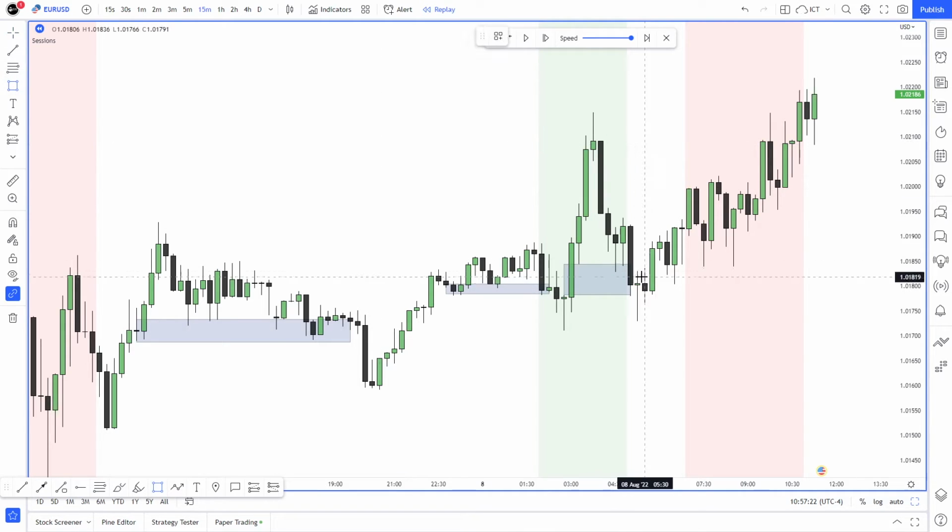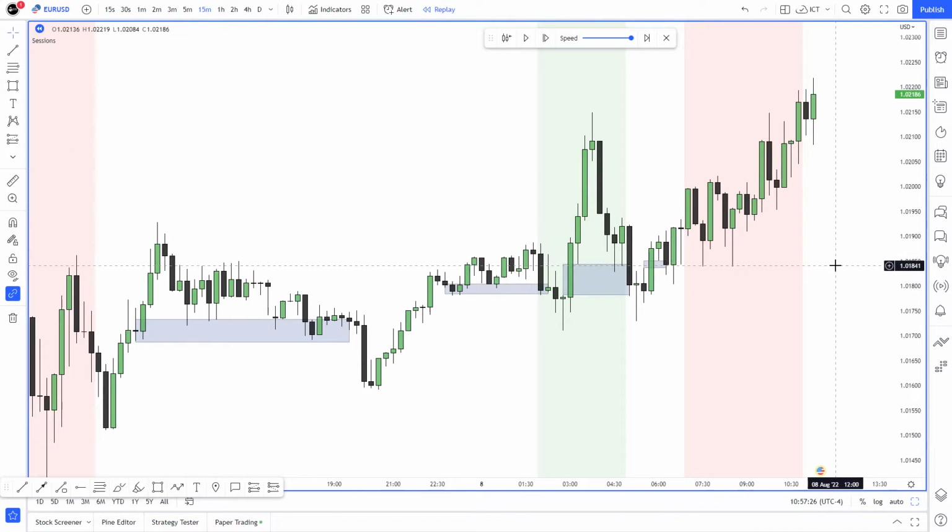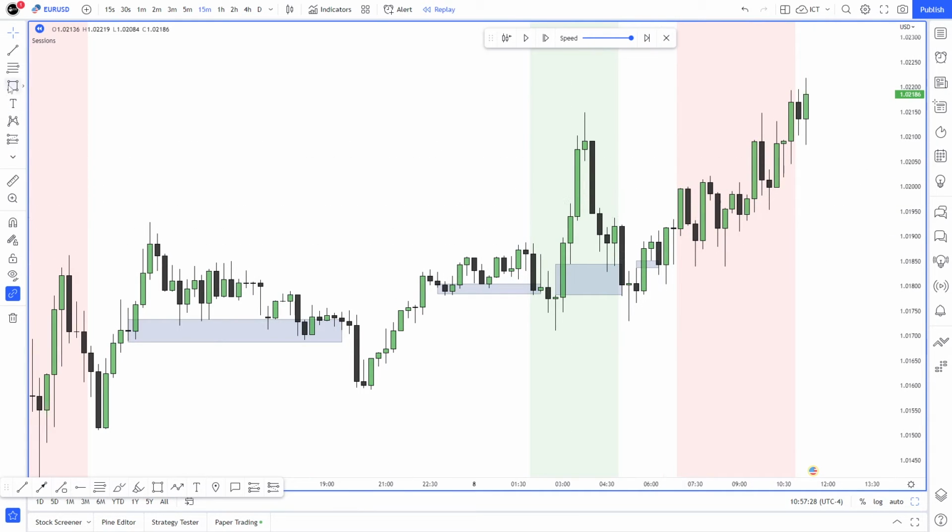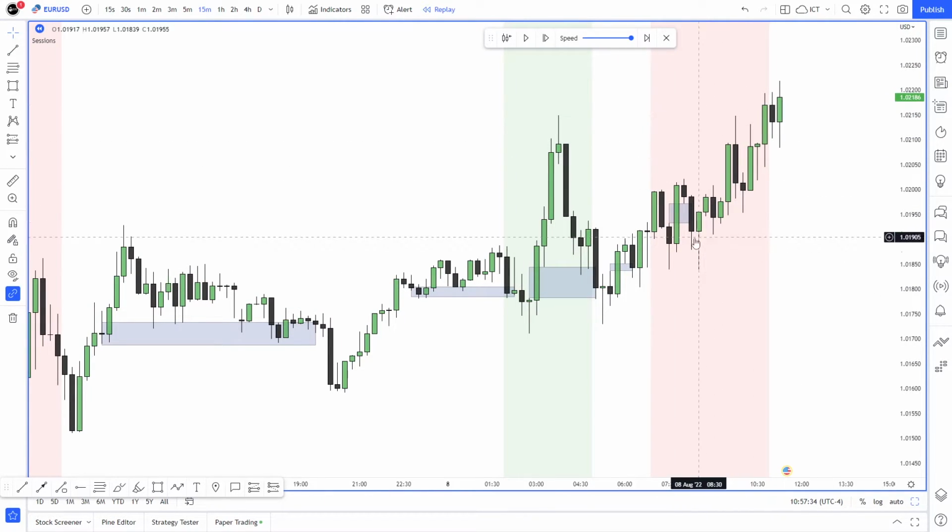What does it do immediately after? It creates another 5-minute fair value gap that basically makes price continue to go higher. Then we have another 5-minute on this, and that'll be all that we get. Session opens on this candle, so let's mark it like this. And that is pretty much it.